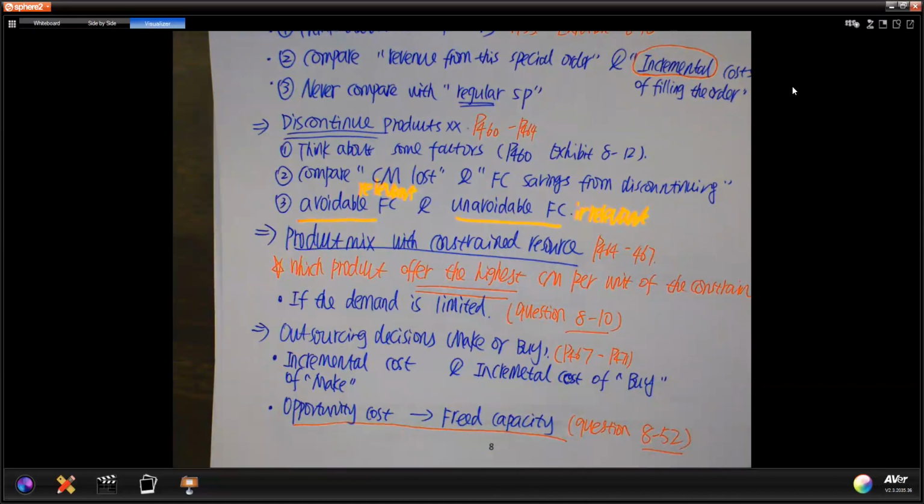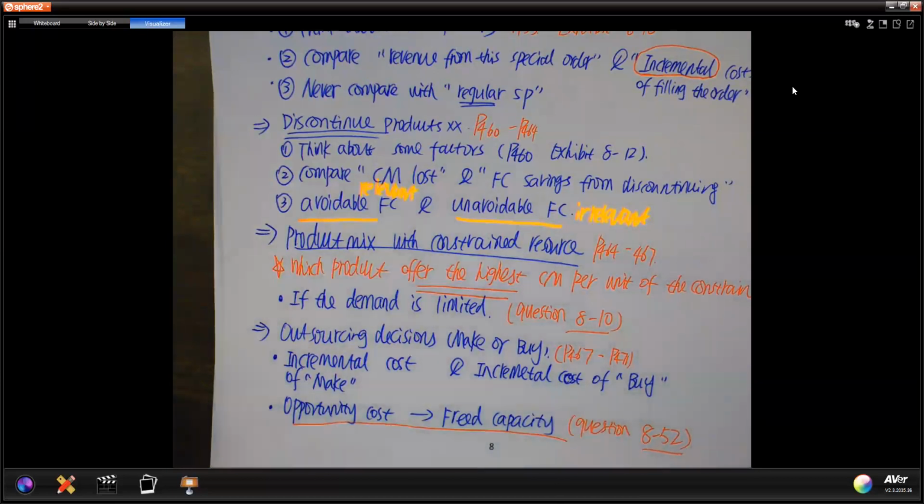So if making has a total relevant cost of $2 and buying has a total relevant cost of $3, then you should make, because it gives you the lower relevant cost. But one thing is about the opportunity cost. So how do we use the freed capacity? If we buy, we can use the freed capacity to do something else. Make sure you really do this one, and then you will have questions regarding the freed capacity and